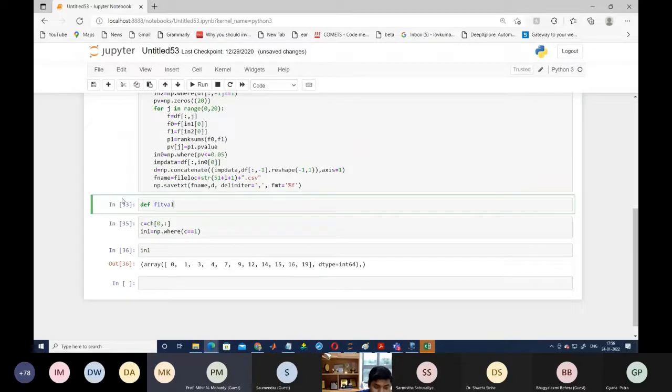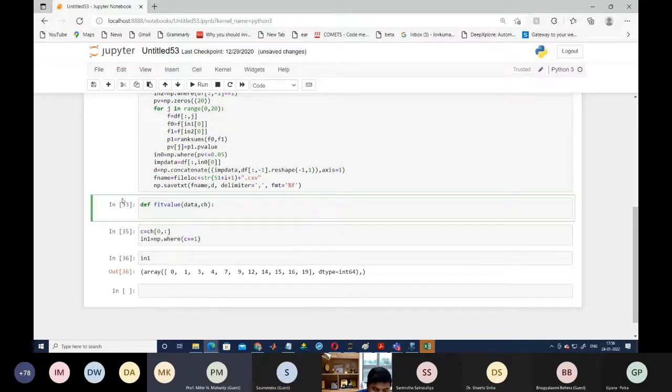We are writing one code for the fitness value, where we are going to take the data as input, because based on the data we have to find the accuracy of the model if we are using these features. Then we are taking here chromosome CH. CH means you can consider as chromosome. Then you can also consider the number of chromosomes. If you are not taking it, that is also fine.